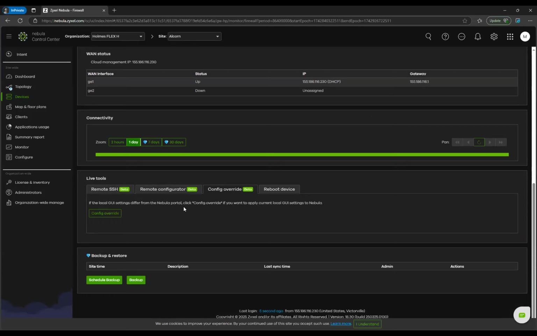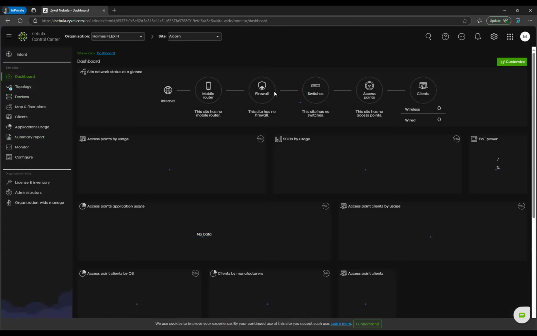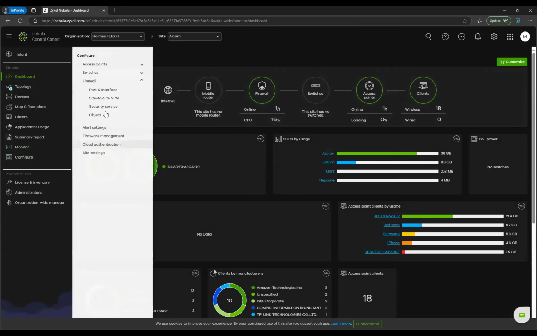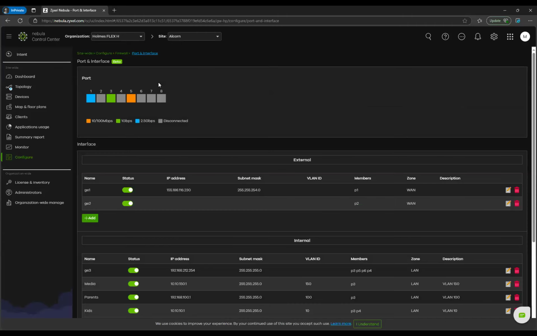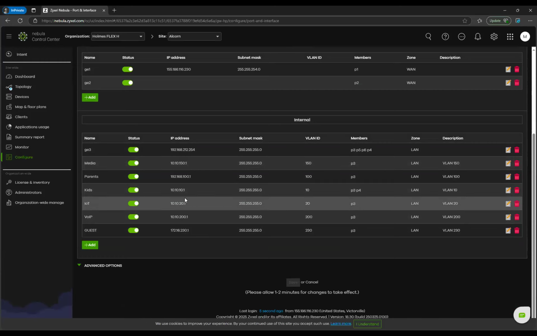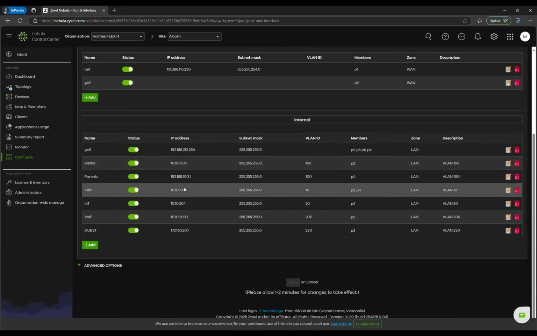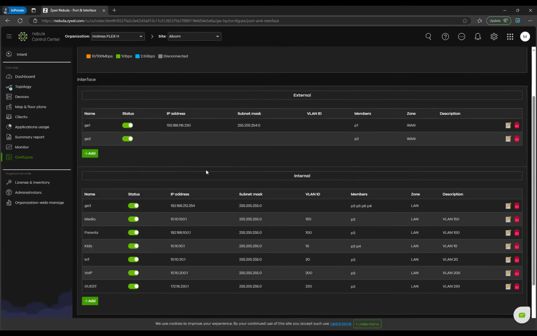Okay, so this is a very good setting to use if you are finding that the settings are not matching up. Let's say somebody went in and made a change on your firewall and you notice that the configurations aren't syncing up, we can force it from the GUI side over into the Nebula side. So if somebody made a change to a VLAN and you look at your local side and you're finding that the VLAN is not correct, you can go and force that particular change. Okay? So that's pretty much the main